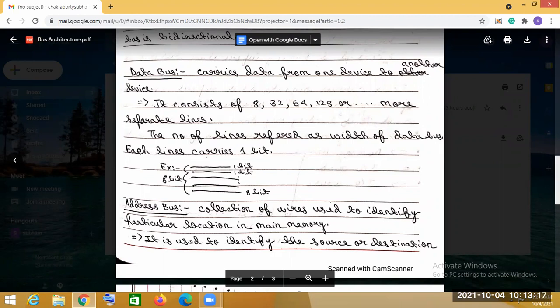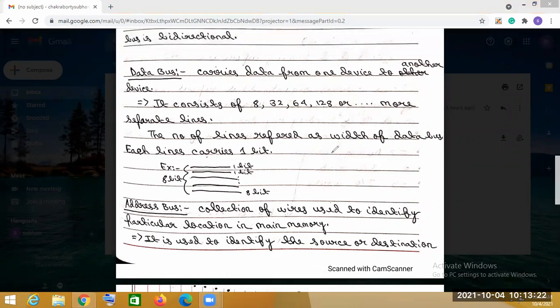And the bus width, in the data bus, we have already seen that the total number of lines refers to the width of the data bus. Now, in case of the address bus, the width is determined with the help of the maximum memory capacity of a system.